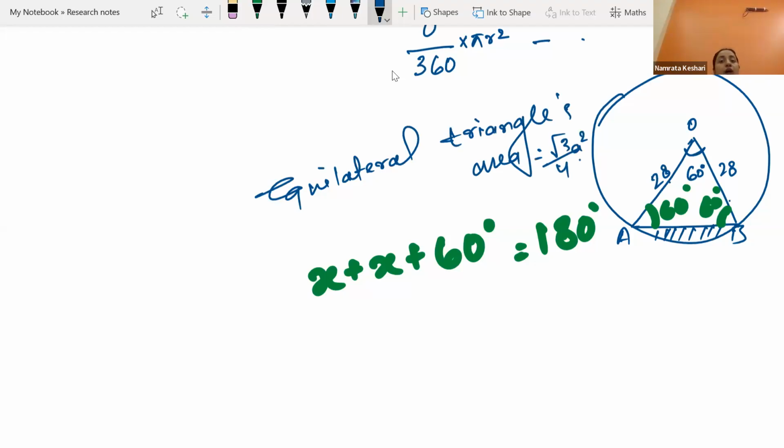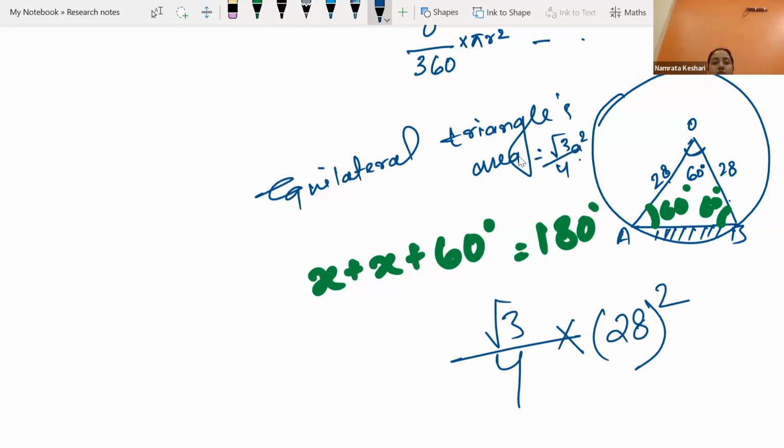Okay, how did we get to know it is equilateral? With the help of the angles. So directly we'll be using this formula, that root 3 by 4. Okay, note it. I'll not be showing the solutions. This 28 squared. This way you will be doing the calculation of this one, then you will be getting the